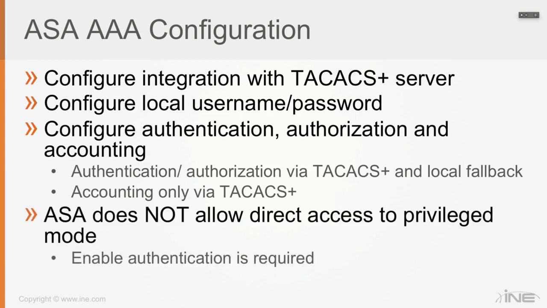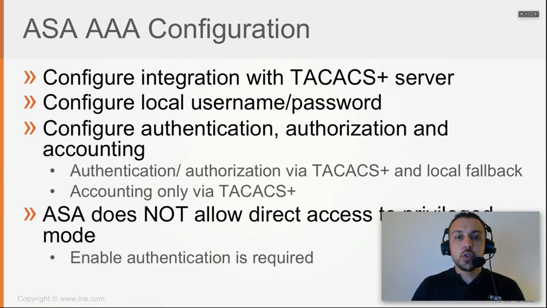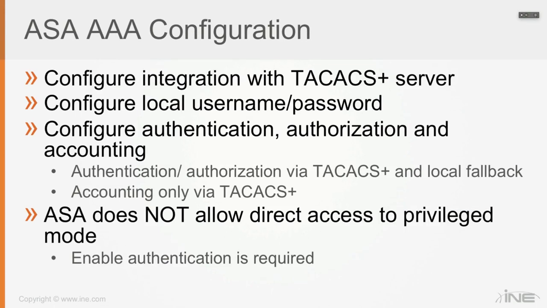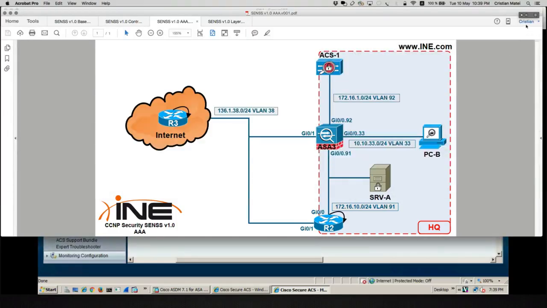Now, as you're going to see, the ASA for security reasons does not allow direct access to privileged mode. So enable authentication is required. What I saw in the IOS is that when we configured the TACACS server for exec authorization to return a privilege level of 15, it worked. On the ASA that's not going to work, for security reasons. So what I saw before on the IOS